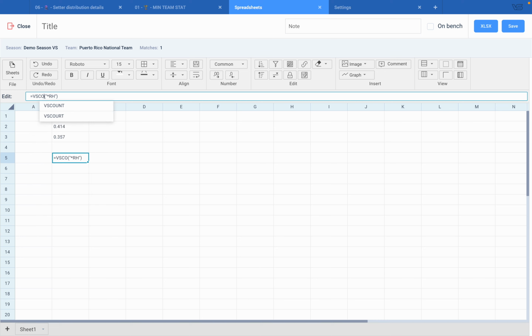Because I can do the VSCOUNT. Right, there's 0. So they only have medium and everything. And maybe do they have some? No, nothing. And so the other thing we can do is I can copy this one. And now I'm going to have the efficiency of the pass on high ball and the efficiency of the pass on jump float, right? And if I want the efficiency of both, what I'm going to do is I'm going to do the efficiency of, and now it's a little bit, I've got VS or,